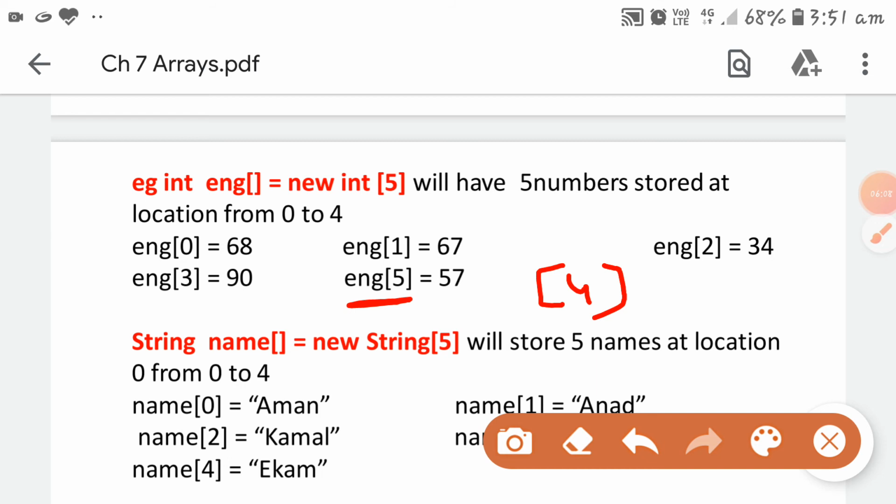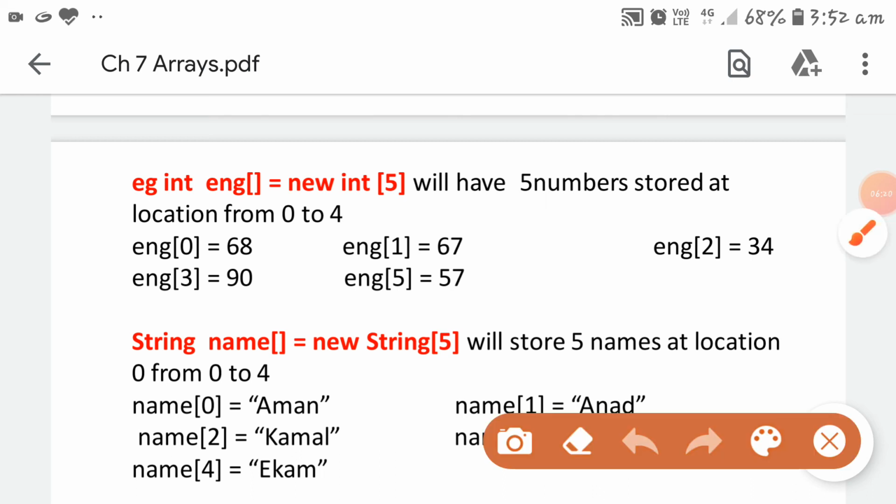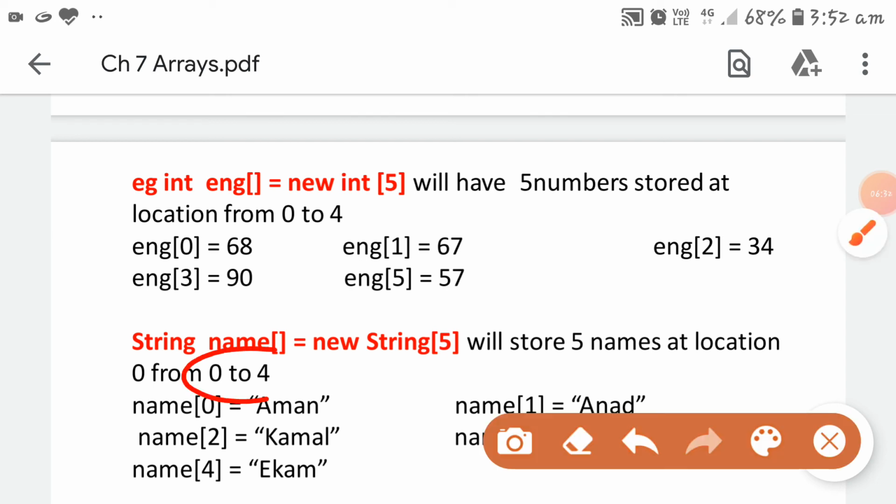Similarly, String name = new String[5] will store 5 names at locations 0 to 4. So name[0] is the first student, then the second, third, fourth, and this is the fifth student. Locations are from 0 to 4.